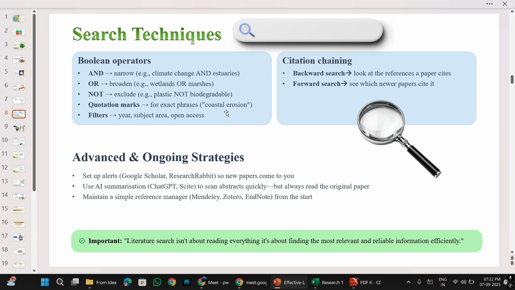Besides that, you also use filters. Find out which subject area you are more able to associate your research idea with. If you want to find only open access because you don't have enough capital to invest into purchasing this literature, you may go for only open access. As well as, if you remember, I even told you that you have to pay attention to those literature that has been very recently published, maybe last 5 years, or even maybe only this year. So you can also use these year filters to find such literature.